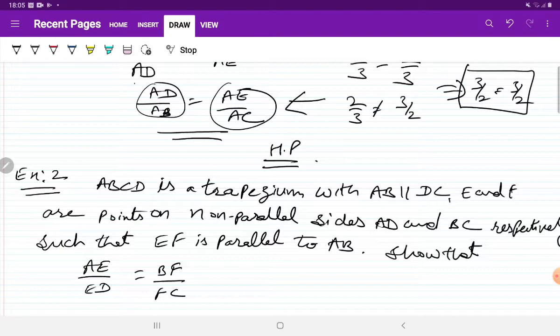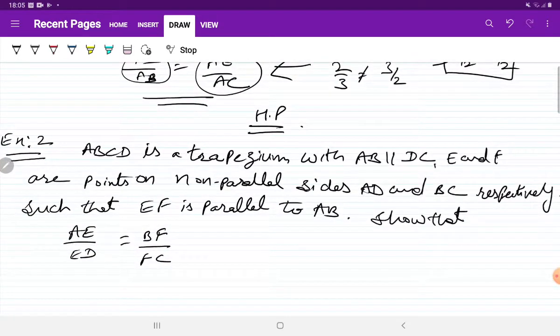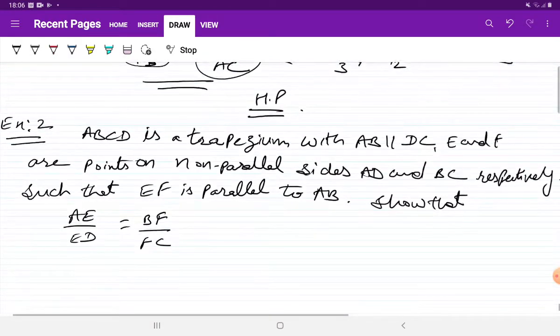Okay, come to the diagram. Now first we'll read the statement and side by side we'll make the diagram. Okay, in case the diagram is not given, then there is no problem. You can draw side by side. Just read the statement and draw the diagram. If the diagram is given, then it is okay. I didn't draw a diagram here because I just want to tell how you can draw it if the diagram is not there.